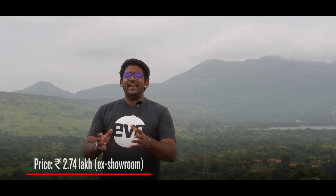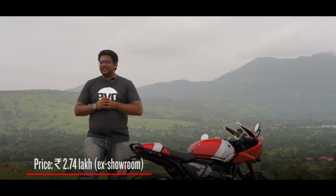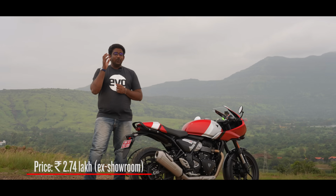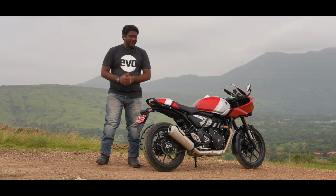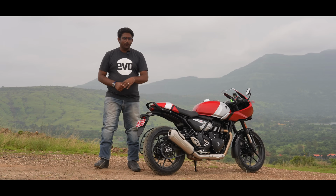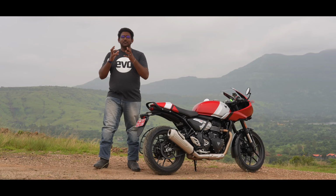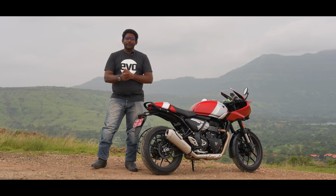2.74 lakh rupees ex-showroom. That's how much of your money Triumph is asking for getting one of these Triumph Thruxton 400s. Now, is that money well spent? I feel like that is a resounding yes, because Triumph has not done just a fake over-the-top cosmetic job to this motorcycle. It's not just a body kit, it's proper work done to the chassis, to the engine, to the ergonomics, all of which